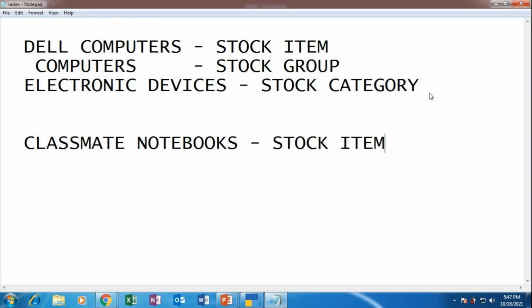Now what can be considered as a stock group and stock category? Stock group, first of all. What can become the stock group? The stock item is classmate notebooks. It is notebooks. So notebooks becomes the stock group,